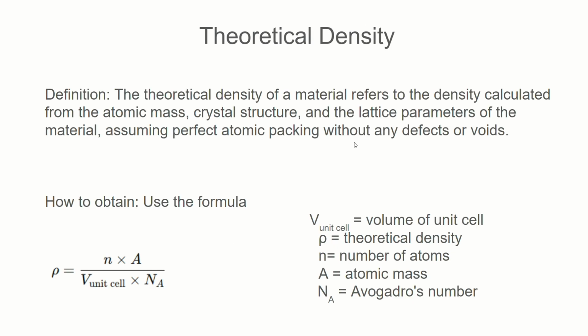Theoretical density is the density calculated from the atomic mass, crystal structure, and parameters of the material. So this is the formula we use. This is called rho. Rho equals N times A over volume of unit cell times Na, or Avogadro's number. A is the atomic mass, N is number of atoms, rho is density, and V is volume of the unit